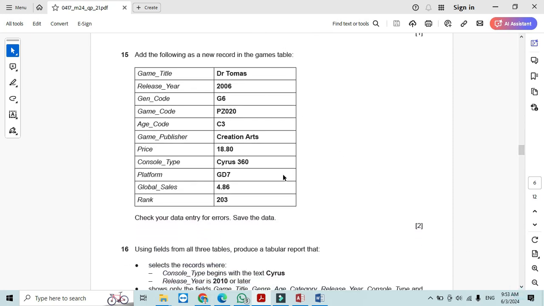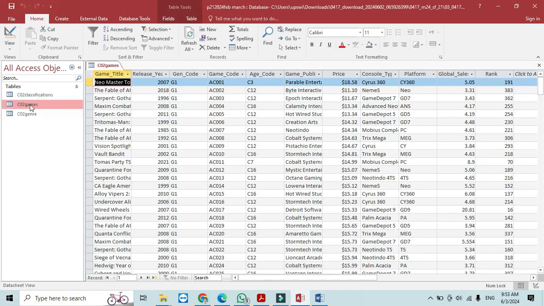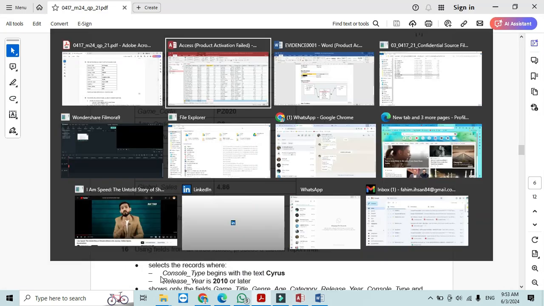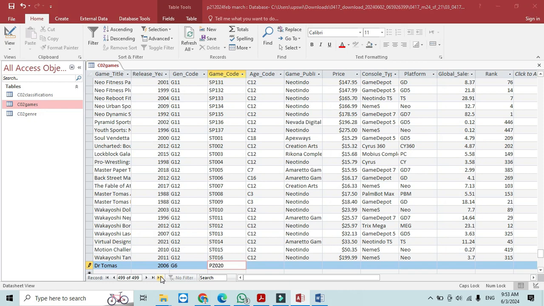games table. Games table, insert a new record, and now I'm going to say the game title is Dr. Thomas, then it is 2006, it is G6, and it is PZ020, and then it's C3, then it is creation arts, and then it is 18.80, then it is